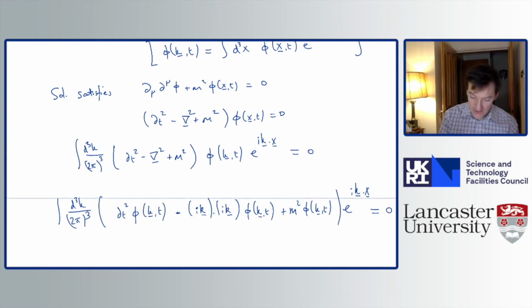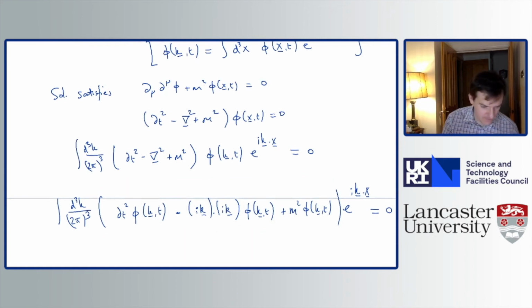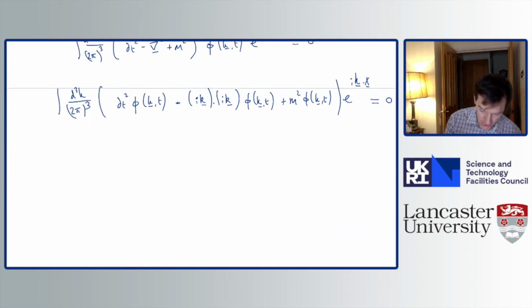Again, the only way that this can be equal to 0 in general is if this term in the square, or not square brackets, in the curly brackets, all of this stuff is going to be set equal to 0. This is a solution